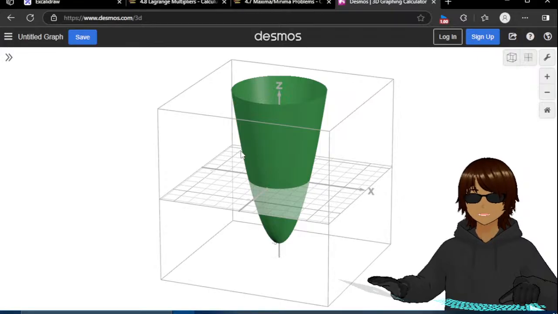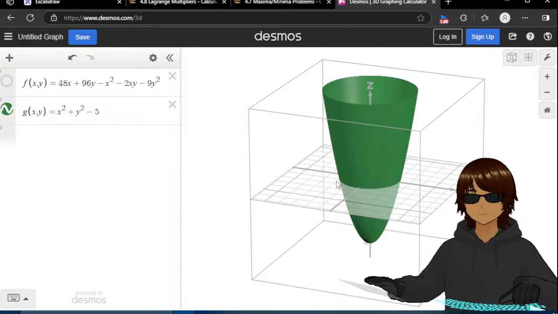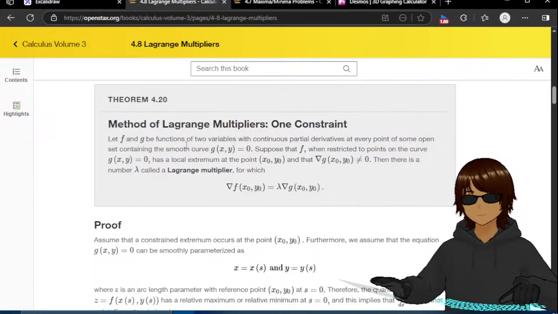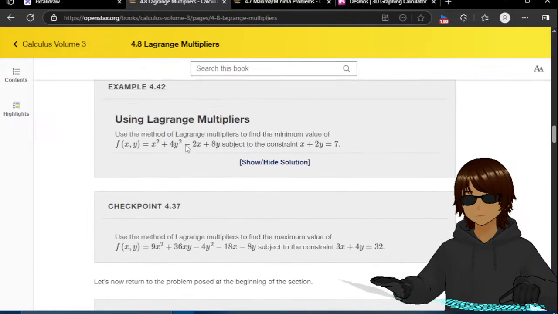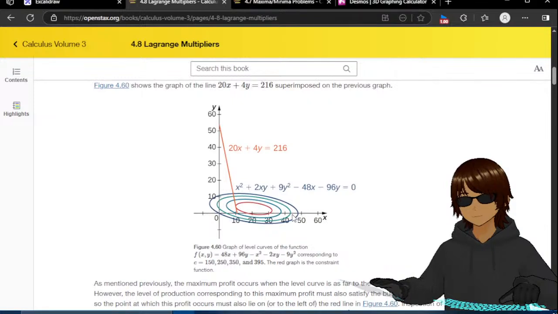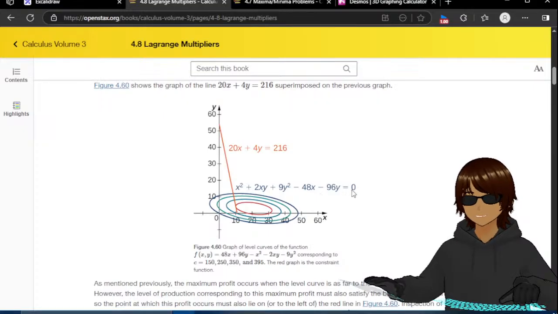So the level curve is like at one point, right? We get a plane that is parallel to the xy plane, and the intersections would give a level curve. If we set this to 0, and we have this,